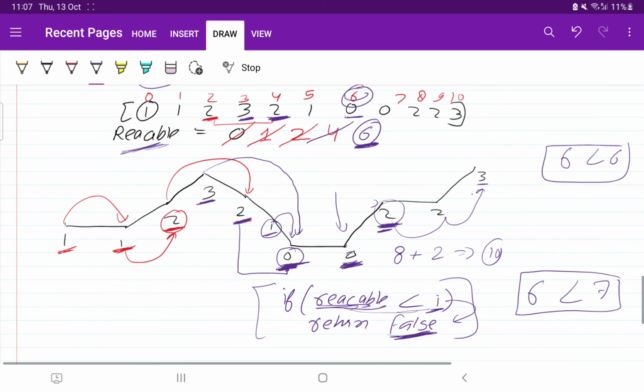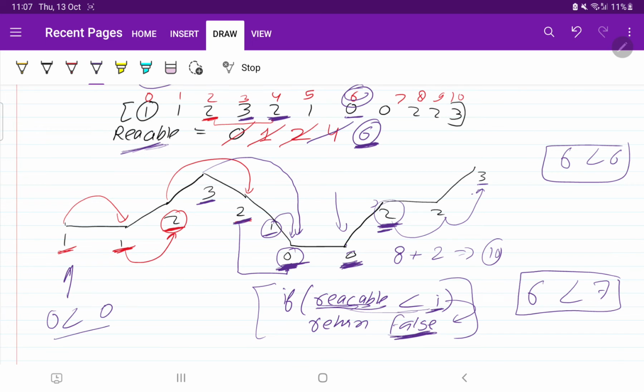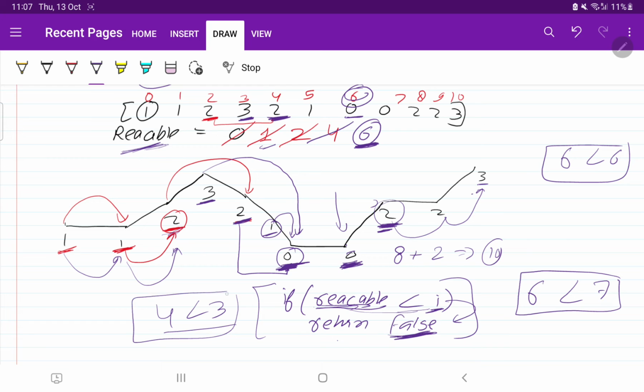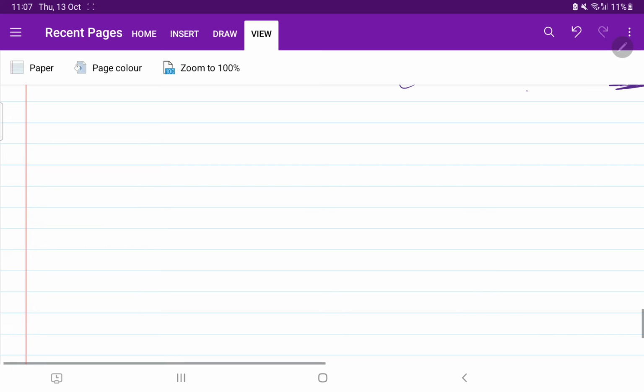Okay, now you can check again. Just a quick review. Here it was 0, and what is the value of I? 0 is less than 0, so no, it will not be false. As soon as you come here, reachable was updated to 1. Again 1 is less than 1, no, so it is going to move forward. Here again reachable was 2, and 2 is less than 2, no, this condition was not true. As soon as this condition is true, we need to return false. After this reachable has become 4, so 4 is less than 3, no, this condition is not true, so this false is not going to be executed. So I have told you the two scenarios.